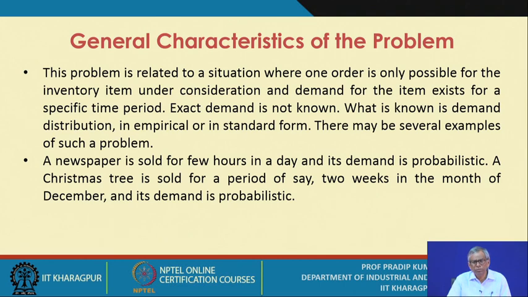Next, as we have already mentioned, now we refer to the demand. So the demand may be known with certainty, or known with risk, or known with uncertainty. Is it okay? Now for the static inventory problem, if the demand is known with certainty, obviously the decision variables are known, and everything is known.